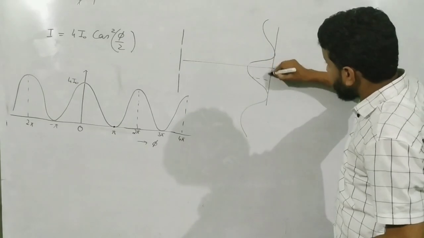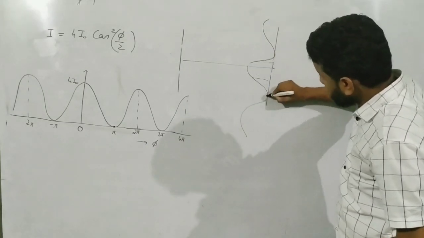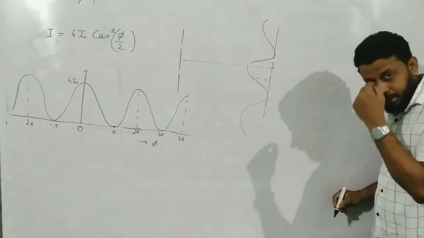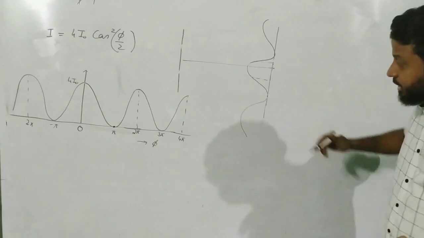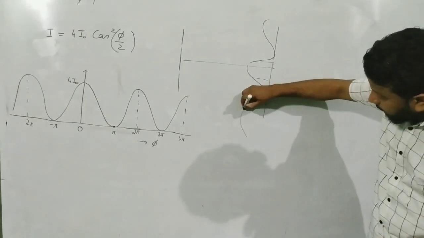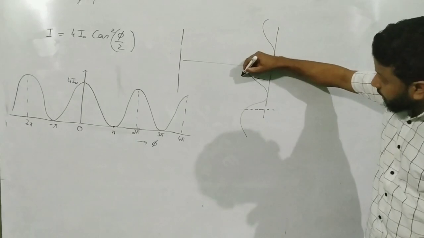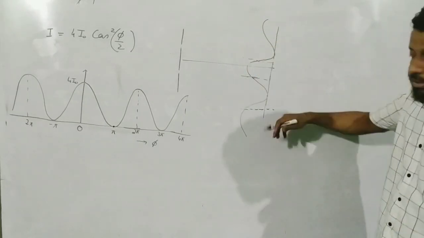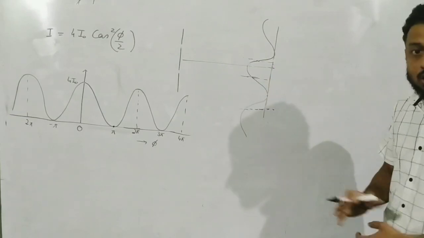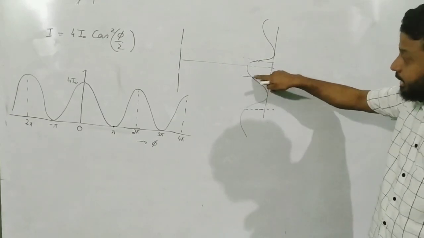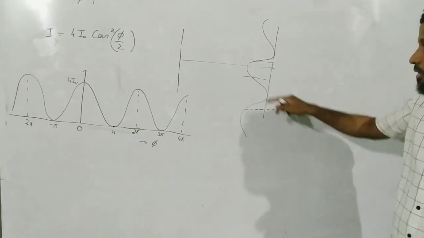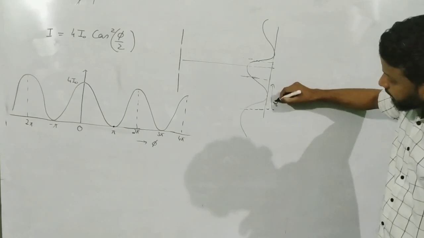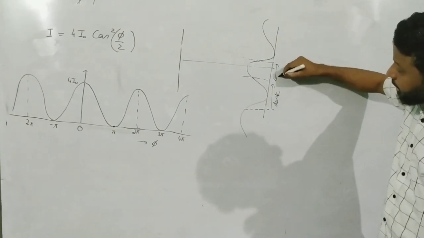So this region is called the bright region. And this one is perfectly dark. See, dark is a point. Dark is a point. Okay? But when we talk about dark fringe, remember it depends on the sensitivity of our eyes. What we see as bright is the bright region because we can see that as bright. But remember, there is nothing called dark region. Dark is a point. This appears to our eyes as dark because the intensities are very, very less. So we consider this to be the dark fringe, and we consider this to be the bright fringe.